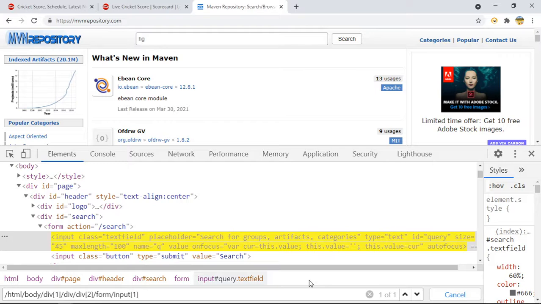No, can you repeat again? Your voice is breaking a little bit. Okay, what I'm saying is, if we write HTML, body, div one, div, then div two like this, which you have written over here, so only this much is enough to identify the web element, or there is something we need to add more? No, no. You can see this.